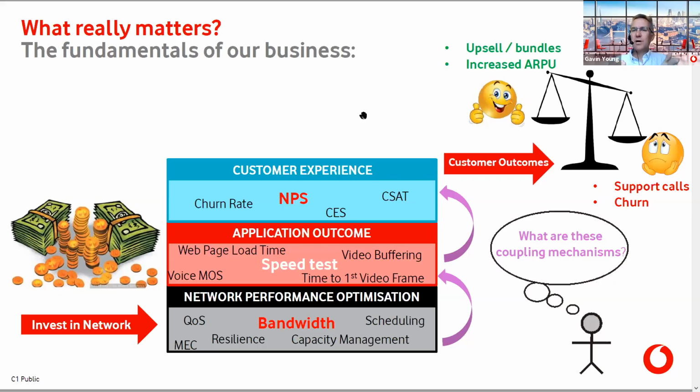But where do you go from there? You can't stay on this speed treadmill if it doesn't make a noticeable difference to the application outcome to a customer. So, for example, if you're watching ultra high definition Netflix 4K on your fancy new TV, that might need around 25, 30 megabits per second to deliver that. You may have 3 or 4 people in the house doing that independently. If you've got unsociable teenagers and they want to be in their own room doing that, then maybe you can multiply that by 3 or 4 times. But all of that fits easily within a 1 gigabit per second connection.